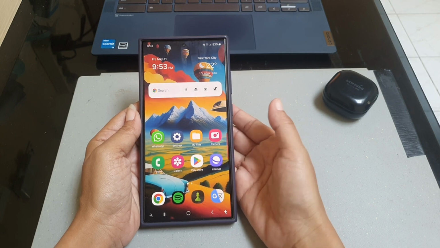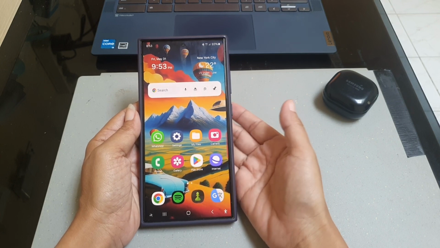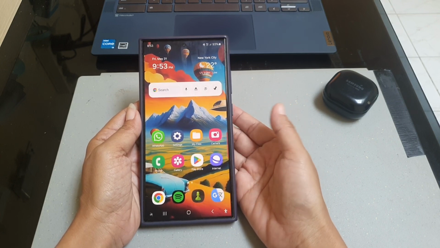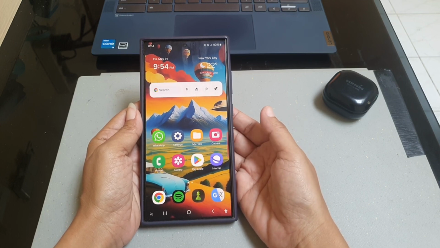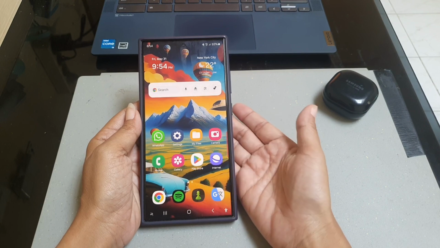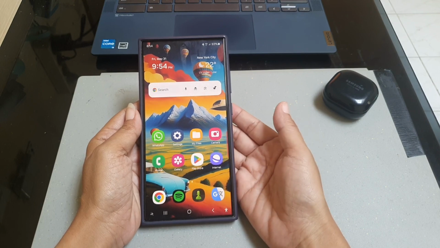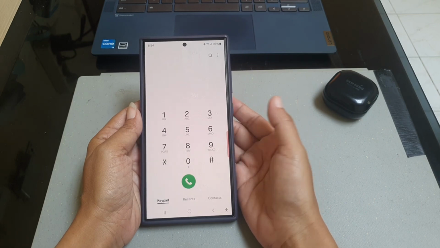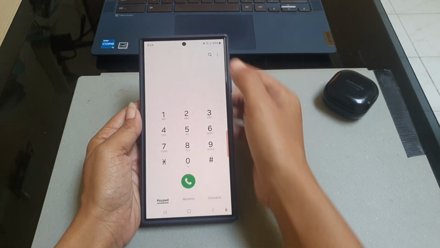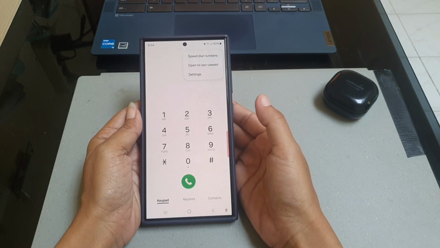To change call vibration pattern on Samsung Galaxy S24 Ultra, you can do so from the phone app and from the phone setting menu. First, from the phone app, to do so, open phone app, tap more icon or three vertical dot icon at the top right, and then select setting,